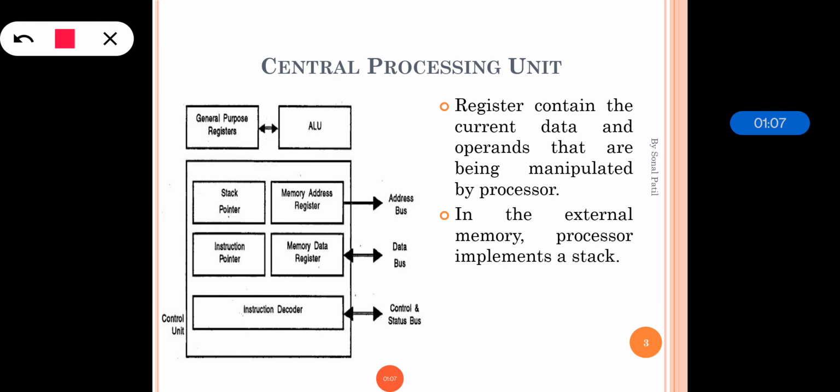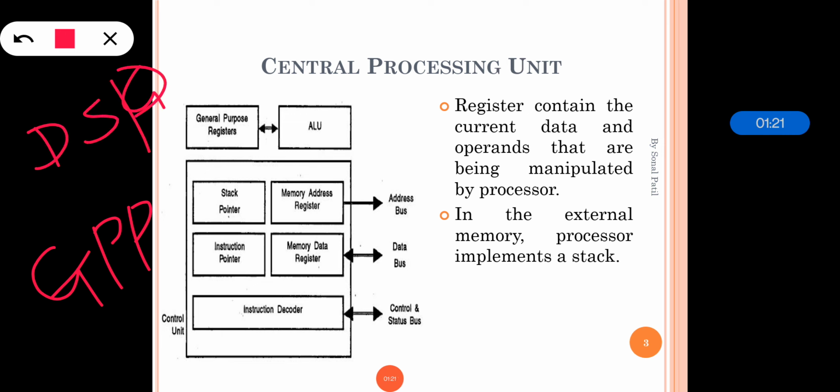The central processing unit, which is used in an embedded system, is one of two, that is the GPP, called general purpose processor, or DSP, which is called digital signal processor. The general purpose processors are nothing but the microprocessor and microcontroller. As we have seen in our first unit, the microcontroller has memory and other peripherals on the chip itself, hence it is the best choice for the embedded system. On the other hand, the microprocessor is more powerful, but it requires a large number of external components.